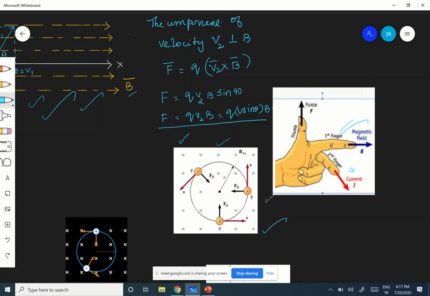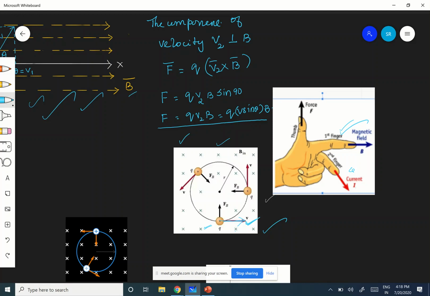If it is inward, you apply, see, the velocity of the charged particle, for example, if it is perpendicular to B, therefore let me take the velocity like this. Listen to me, okay? Velocity is perpendicular to B. Therefore, what will be the direction of the force experienced by the charged particle? See, B is perpendicular and inward, and V is along the x direction. I have taken this one example.